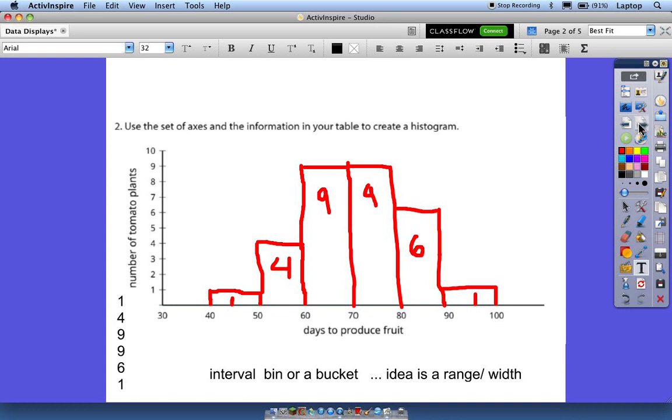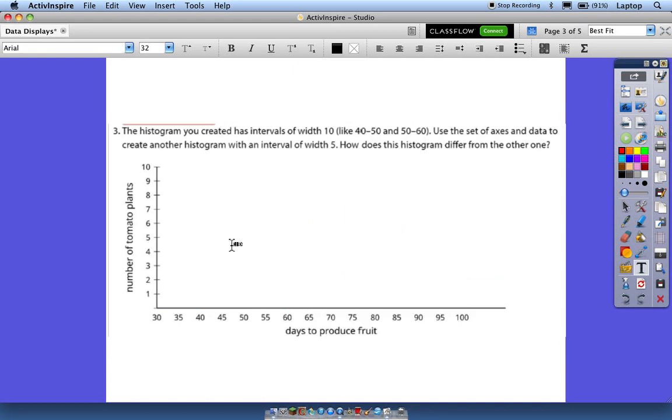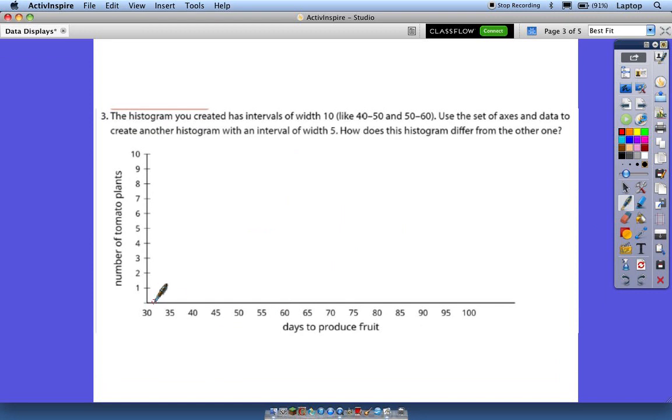The next graph asks us to use the same numbers, but to think of them in terms of a smaller width, a width of 5. So here we will have from 30 to 35 the bar is at 0 because there were no numbers between 30 and 40. So between 30 and 40 the bar has no height. But for the rest of the graph, the bins are now going to be at 40 and 45. That is the interval. So that will be the location of the first bar, either from 40 to 45 or from 45 to 50. If I go back and look at the numbers,